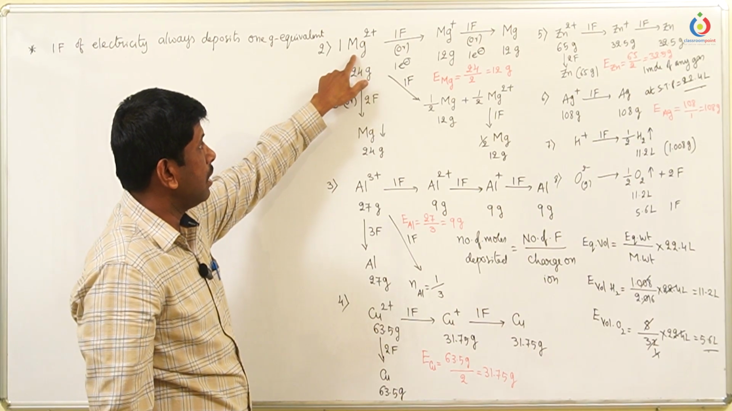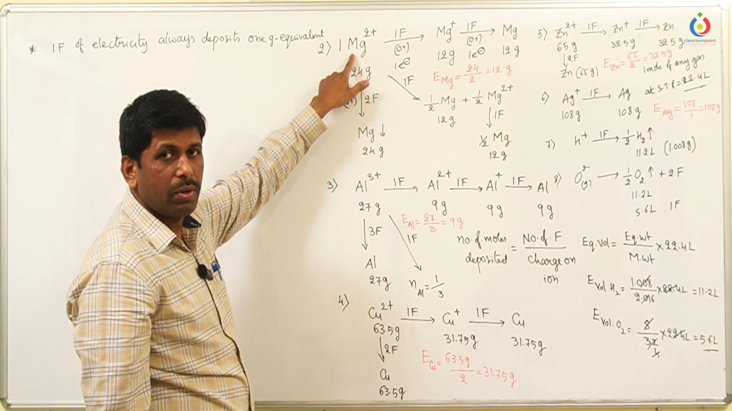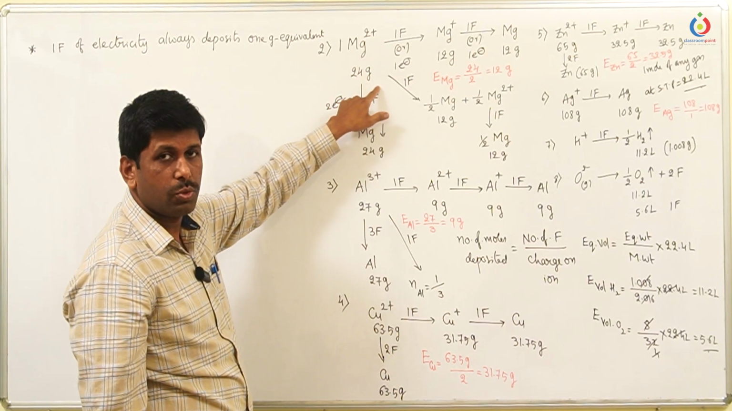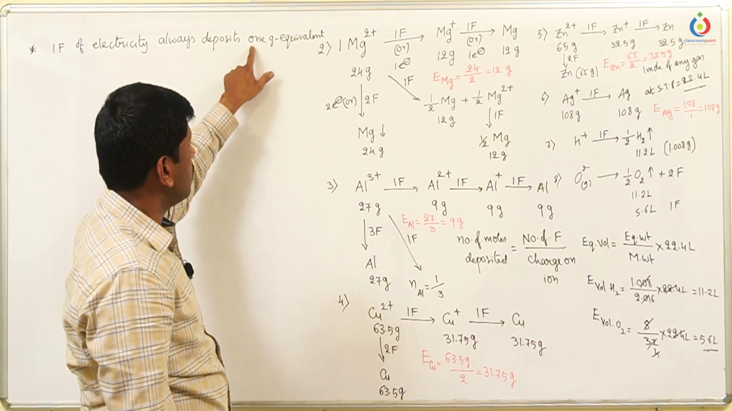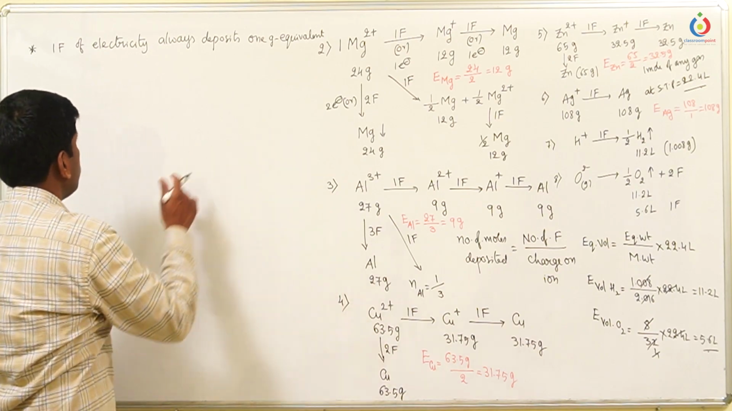Here 2 parts are there. Every part mass we are taking in grams only. Here 1 gram equivalent means 12 grams, meaning 1 part mass is 12 grams. So this 1 means the number of parts, mass in grams. So that 1 gram equivalent of